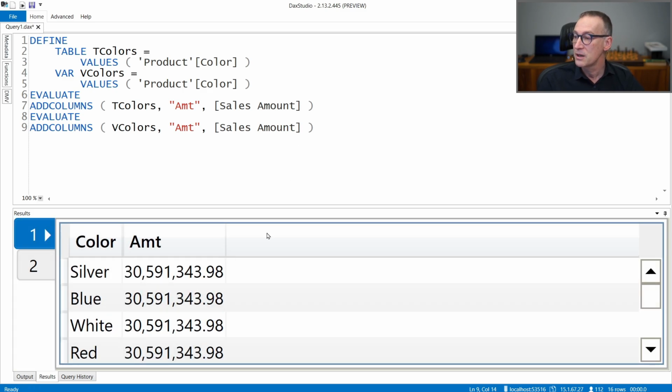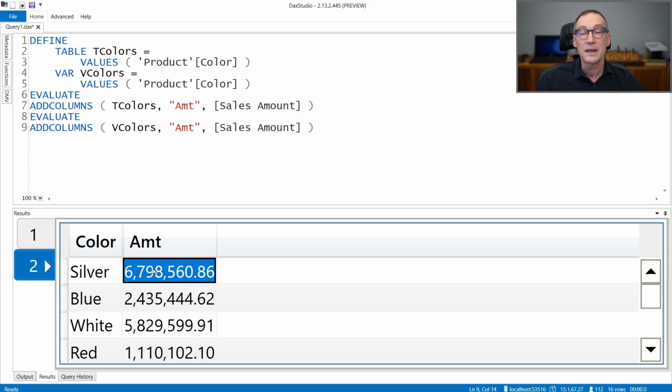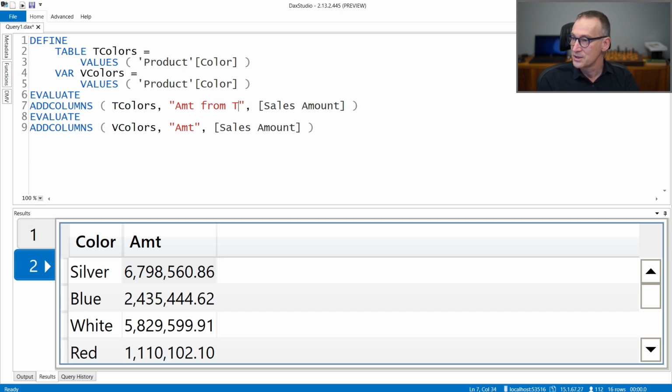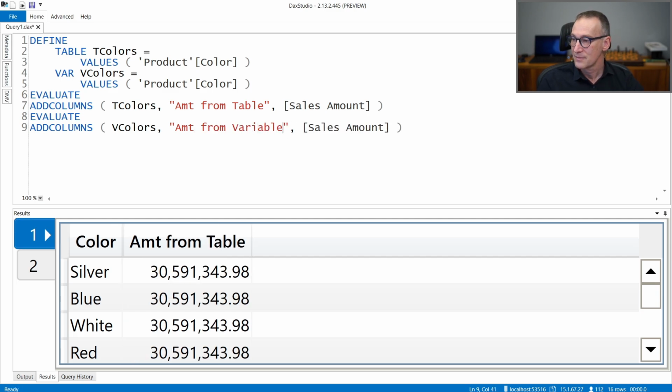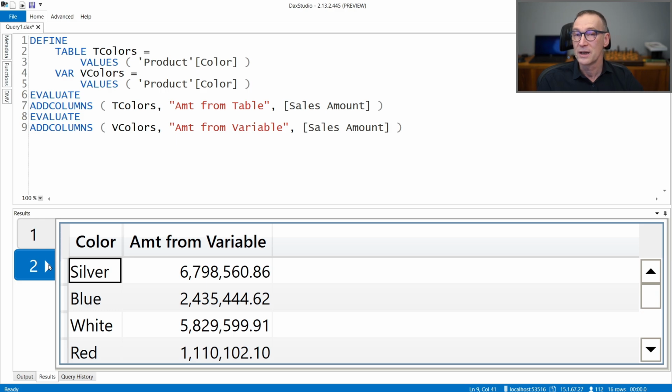I run it and I have two results: color and amount, another color and another amount. Let's call this amount from table. I need two different names, and amount from variable. So amount from table and amount from variable. What I want to do is create a new table that contains color, amount from table, and amount from variable all together in a single result set.